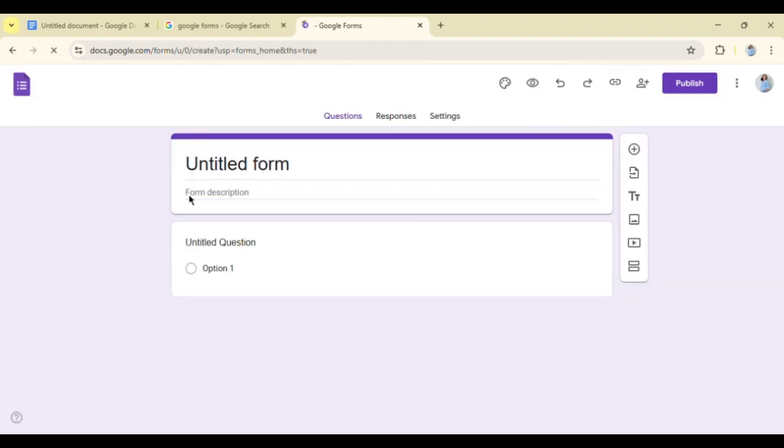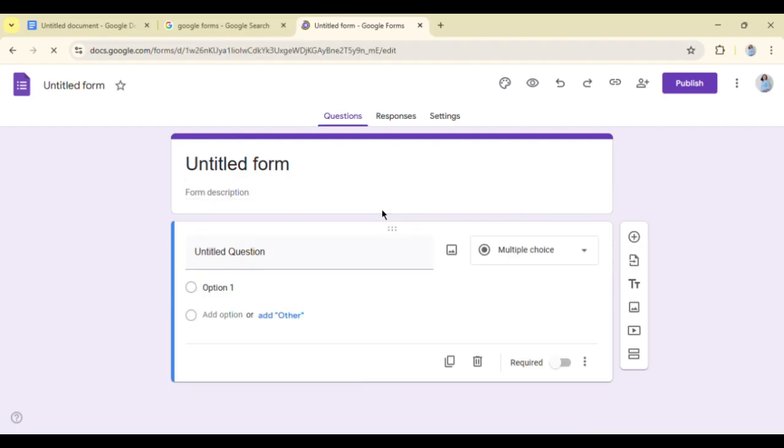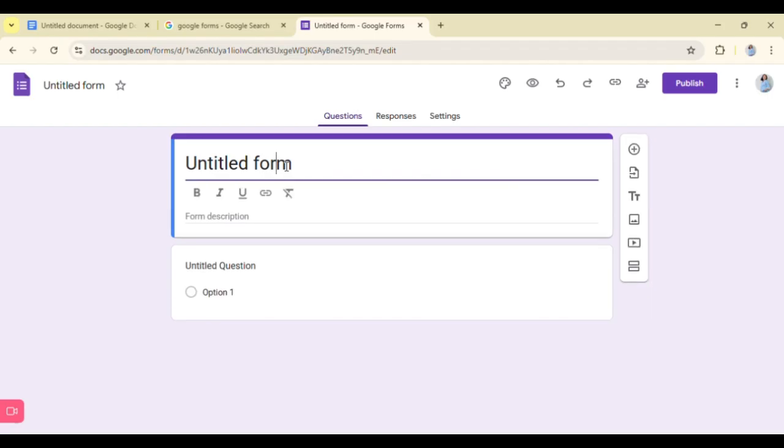After we click the blank form, you can see it is an untitled form. Of course, you need to input your own test. There is no ready-to-give test, right? Okay, first, let's make a title. What is your test for? What subject or what program? Or, to be specific, what topic?